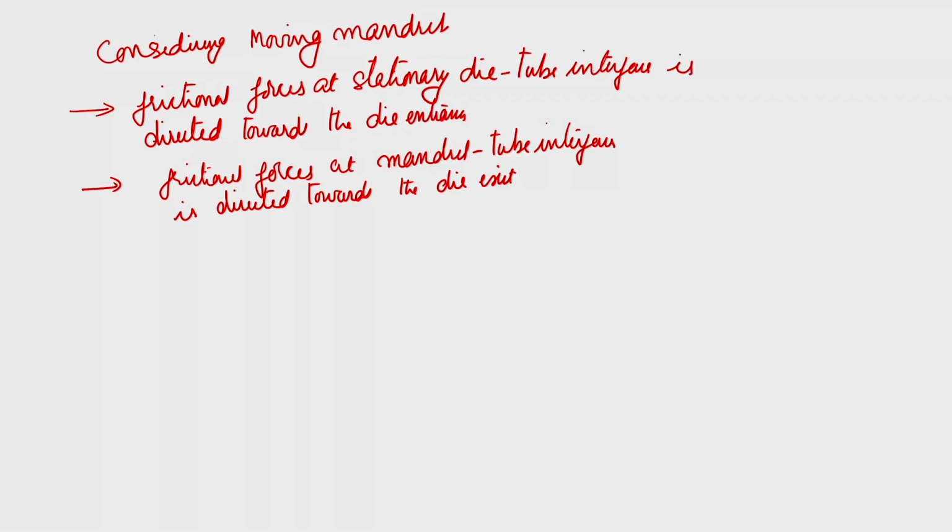So, you will find that when you are drawing, the material which comes out has a higher velocity, but the diameter is very large, due to which there is an accumulation of material at that side, and that is not going to affect the direction of the frictional force at the die tube interface. But at the mandrel tube interface you will find that it is directed towards the exit. So, in that case you will find that beta dash is equal to mu 1 minus mu 2, because change in the direction takes place by tan alpha minus tan beta.